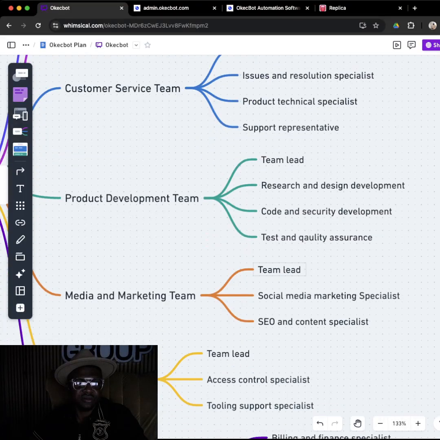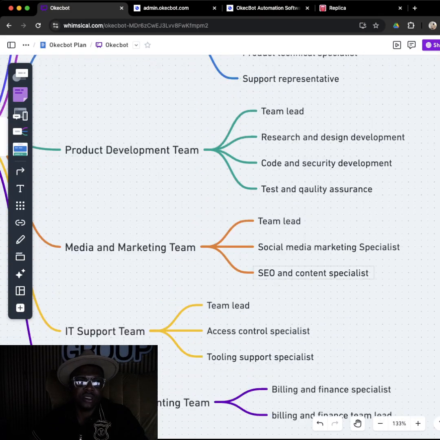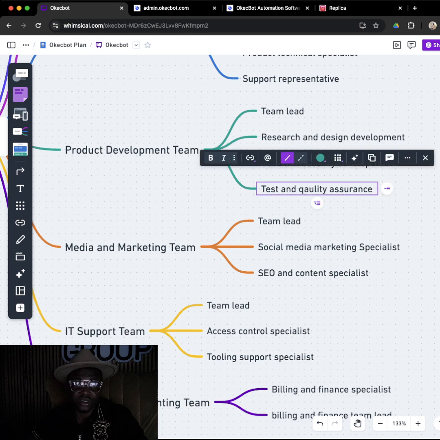The rest of the team are quite self-explanatory. The product development team handles all the software development, which is anything that has to do with creating the Okecbot software. They do testing to make sure it is completely stable, so it doesn't crash on the end user's computer.